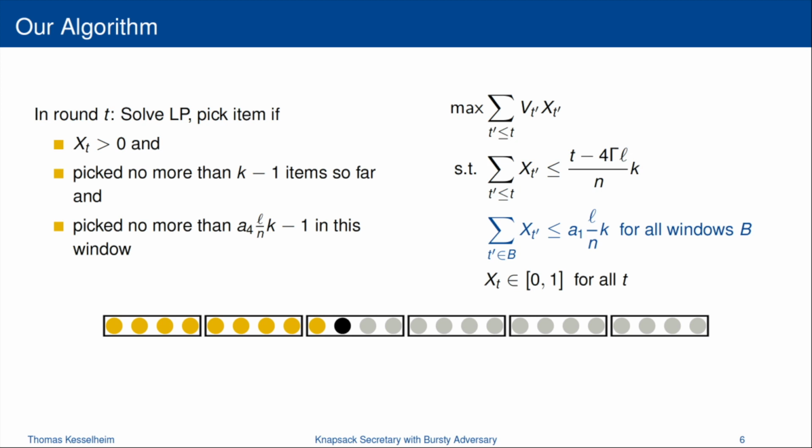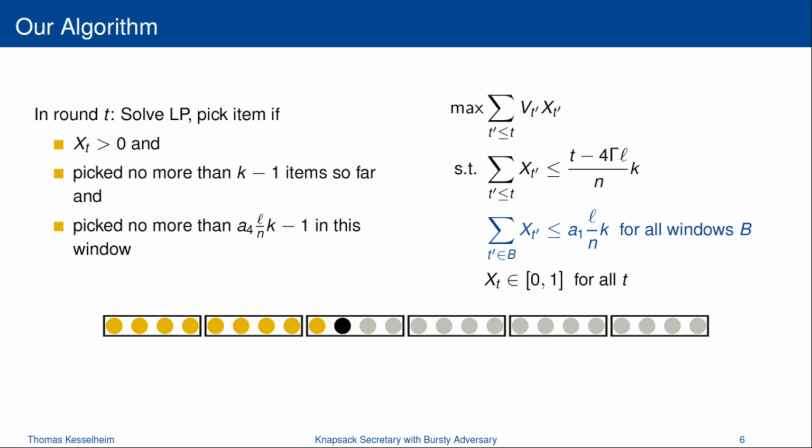And then you see the other set of constraints, which is kind of doing the same argument for every window. It says that each window will only get a bounded number of random order items in expectation, so also from each window only a bounded number should be taken into consideration when we're not trying to infer this random order optimum.